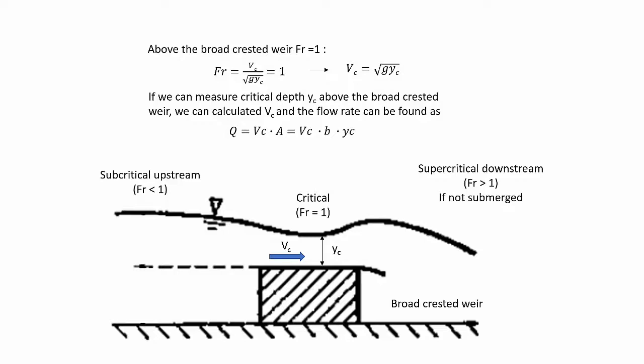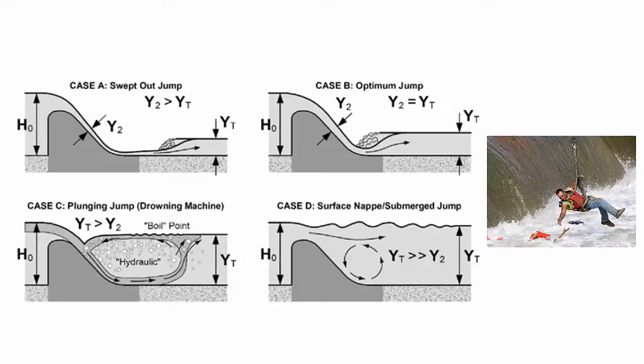If we know the width of the weir b, which is a constant, we can calculate the discharge as Q equal to VA, which equals VcBYc. A weir can increase the kinetic energy of the flow, making the downstream supercritical. However, we want to tame the flow velocity once it passes a certain point, and this is usually done with